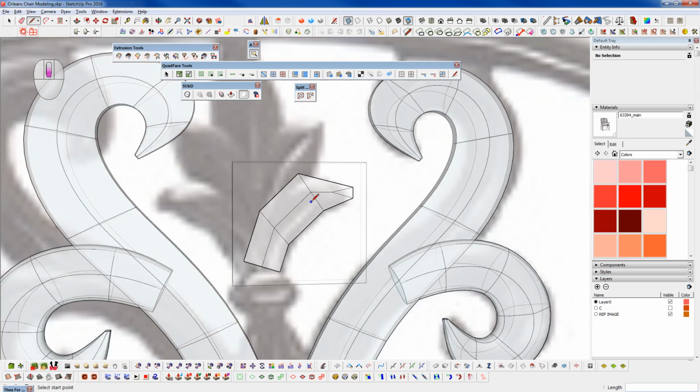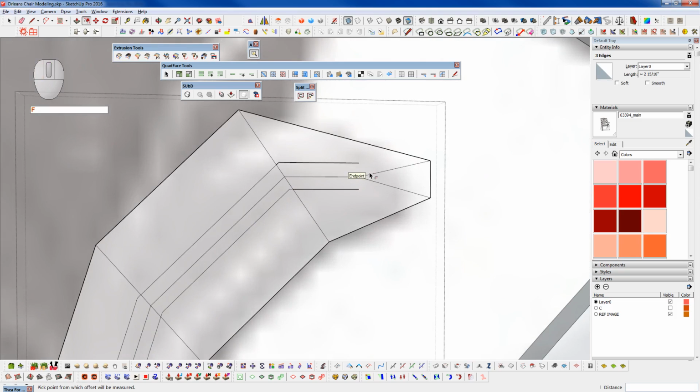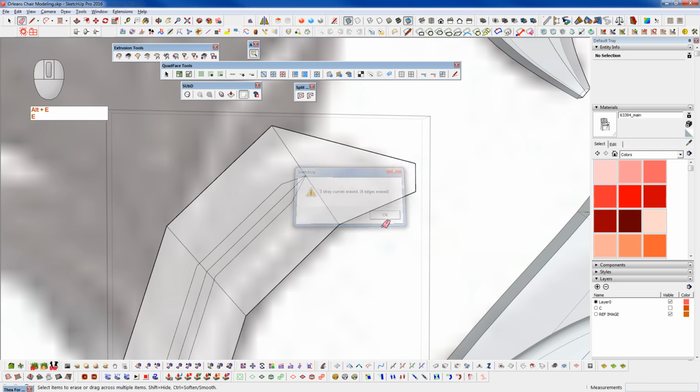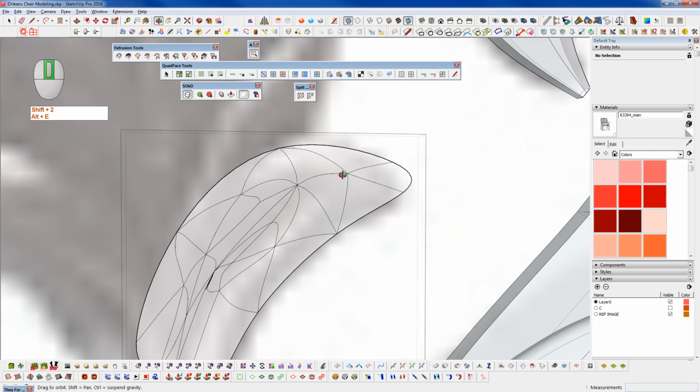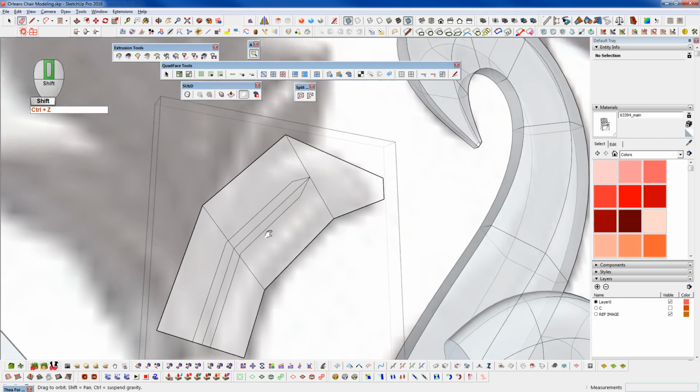And what I want to do here is, see, we just want to kind of put a little bit of a, let's do an offset here, and let's do an offset here, and you know what, I'm just going to get in and connect it here, I think. Delete these edges. And now look at that. Okay, let's undo that,